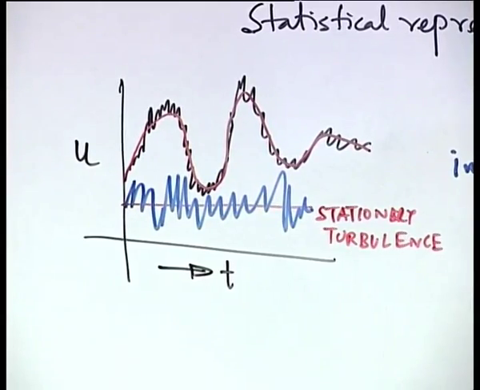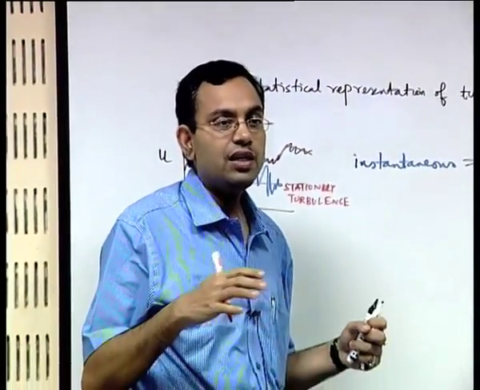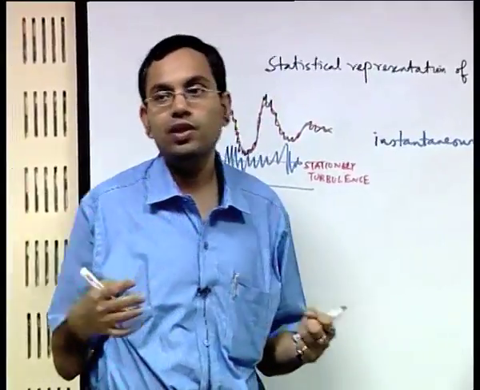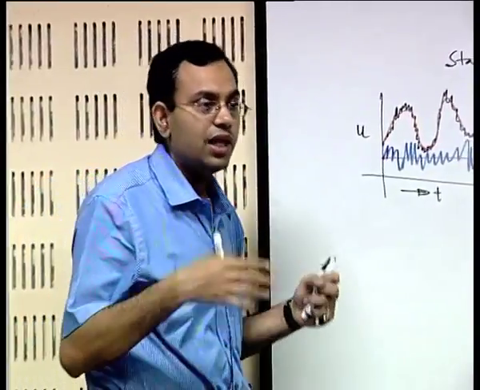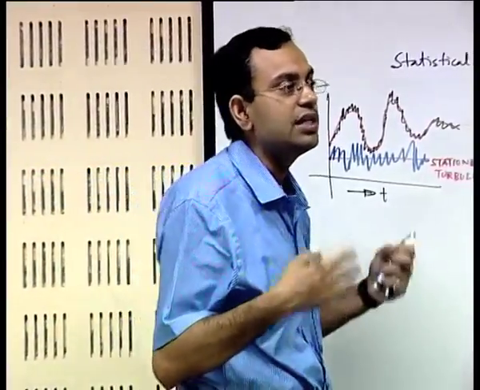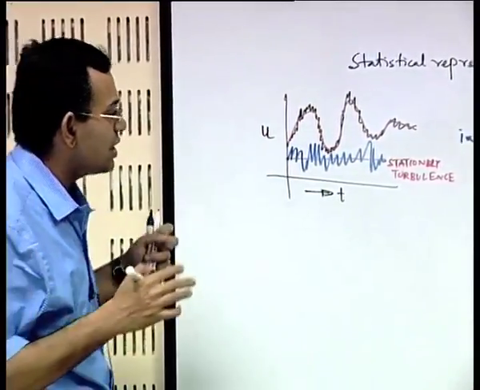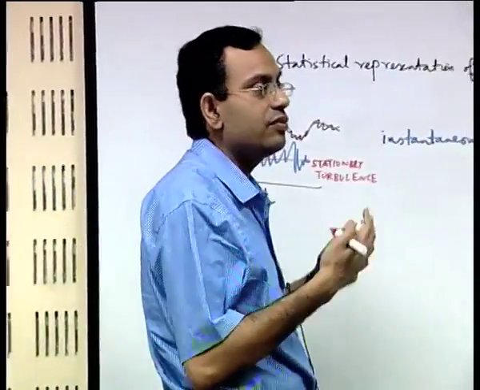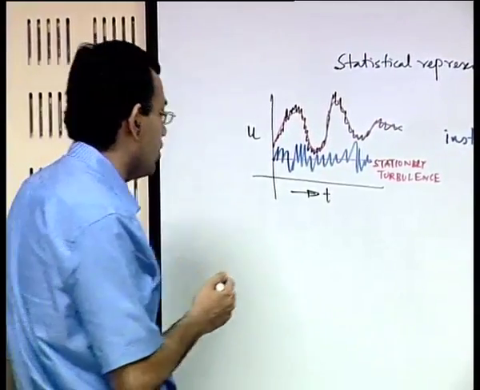So, when we have a mean, we also have a standard deviation with respect to the mean. So, you can represent the turbulent flow with respect to mean, standard deviation, correlation coefficients, very much similar to what you do for any statistical analysis. Now, when you do that, there are certain important special types of turbulent flows that appear, which let us discuss for the sake of completeness.